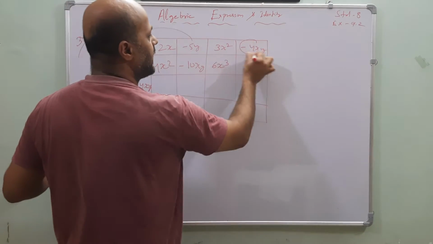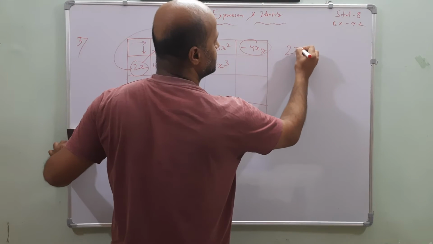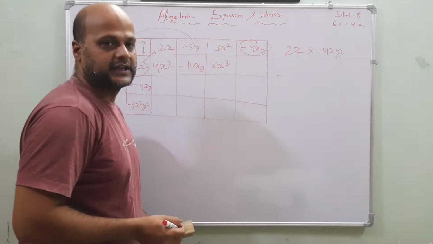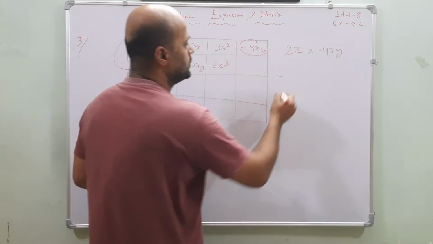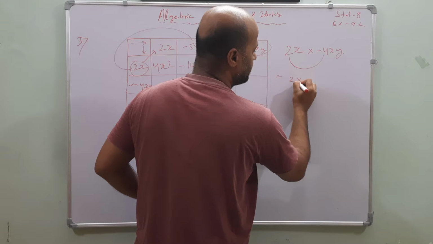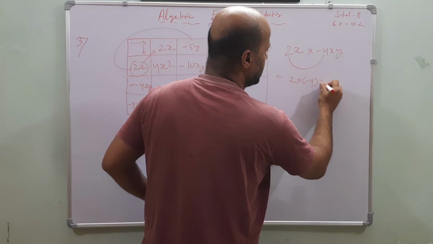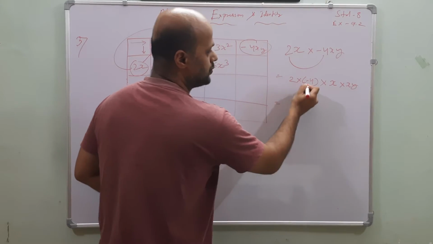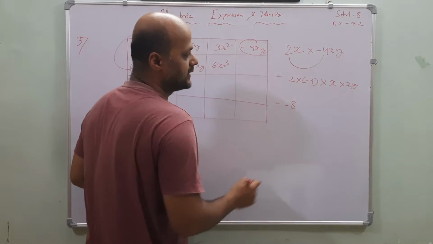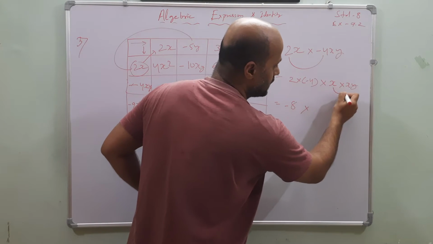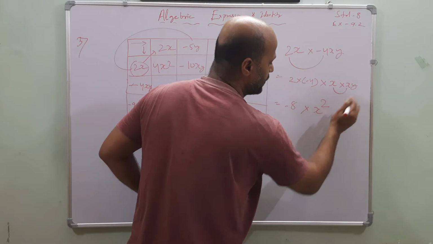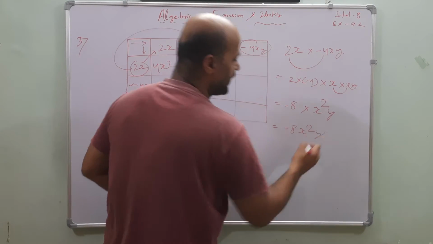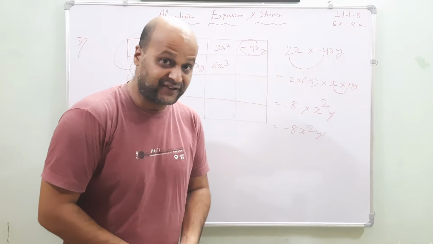Then who will tell me the next one? 2x will be multiplied with minus 4xy. 2x into minus 4xy. Yes, Kali, very good. 2 will be multiplied with minus 4, into x into xy. Now, 4 2s are 8, because minus is there, into x into x square, and y will be as it is. So what is the result? Minus 8x square y. How easy it is, my dear friends. It is very easy now.